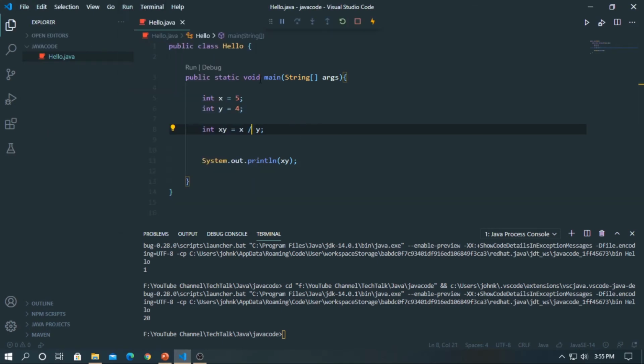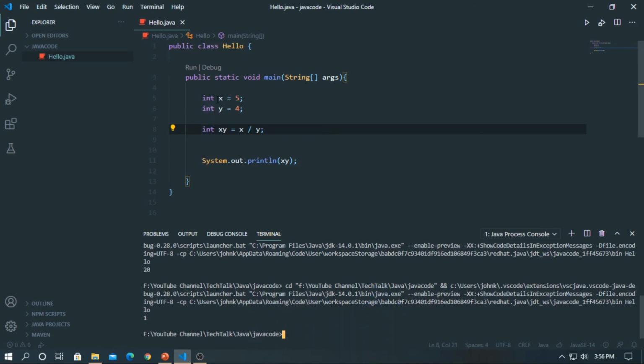Run this code, and it's printing 1, not a fraction number. This is because the data type of all these variables is integer, which is a whole number, but none of these are fractions, so that's why it's printing an integer instead of a floating point number.